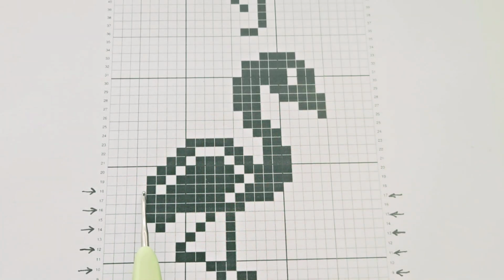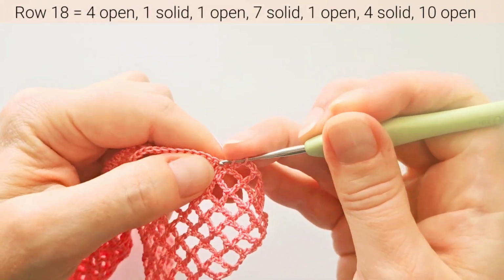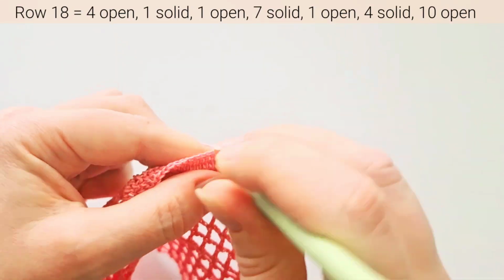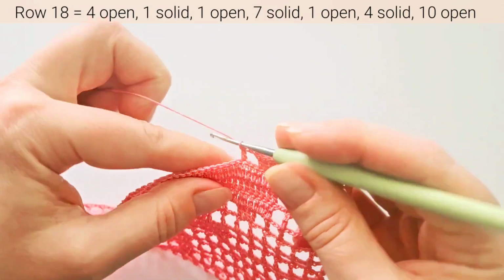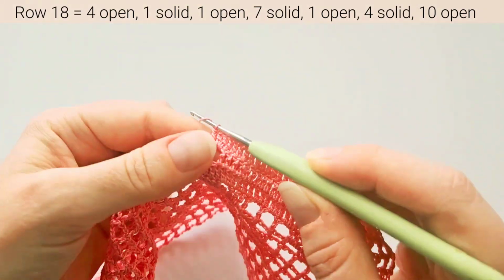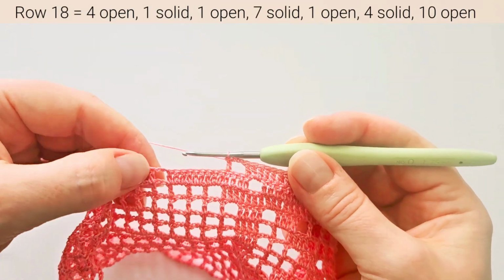Row 18, 4 open blocks, 1 solid, 1 open, 7 solid, 1 open, 4 solid, and 10 open. After 4 open, I do 1 solid, 1 open, and for 7 solid blocks all the way here I count 21 double crochets. 2, 3, then 1 open, and 4 solids up to here,